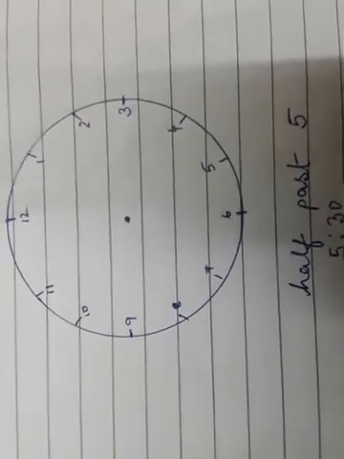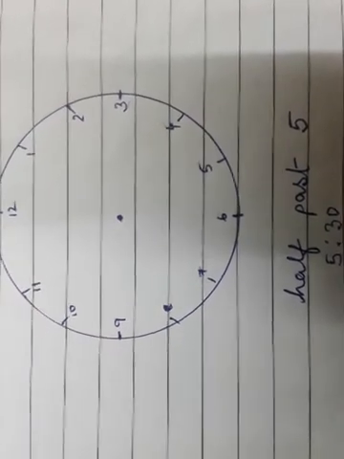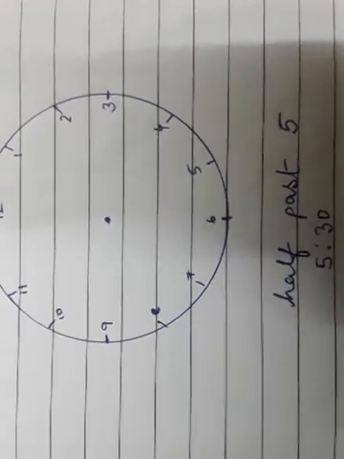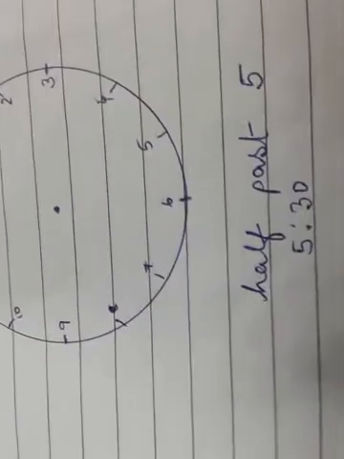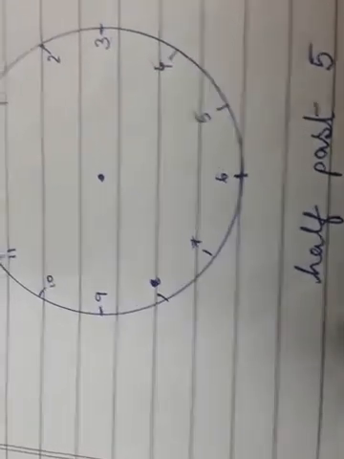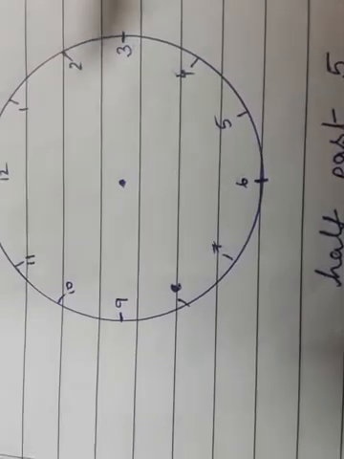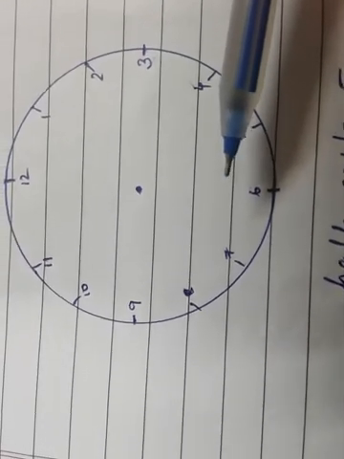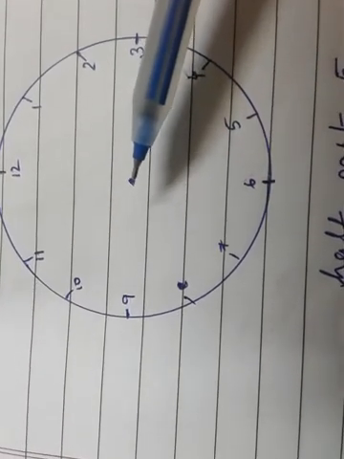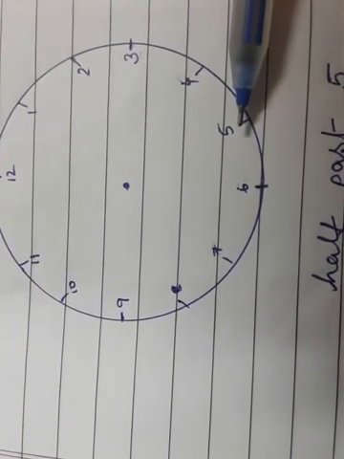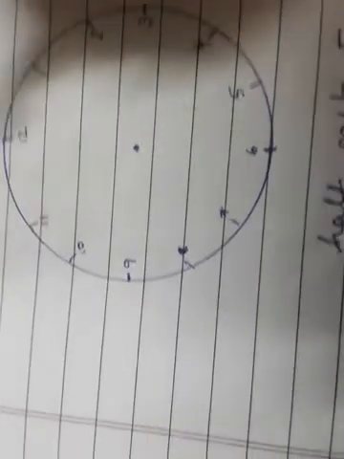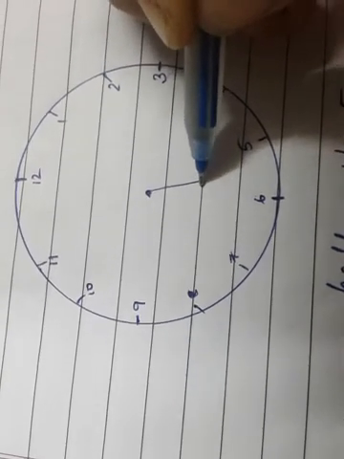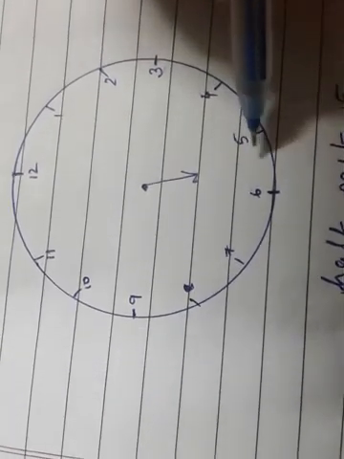Now this is another clock. In this clock I want to show you how we will draw 5:30, or 5:30 can also be called half past 5. I will show you this. 5:30 means, as I have shown you in the clock also, that the hour hand and the minute hand both are on their halfway. Half of the way they have traveled. The hour hand will move from 5 to 6. Half of its way is traveled, so it will be in between 5 and 6. The short hand in between 5 and 6, neither on 5 nor on 6.